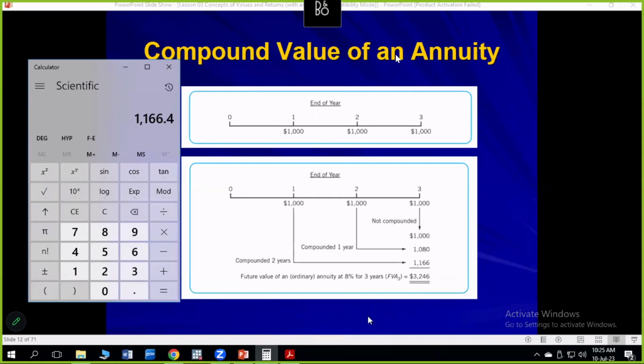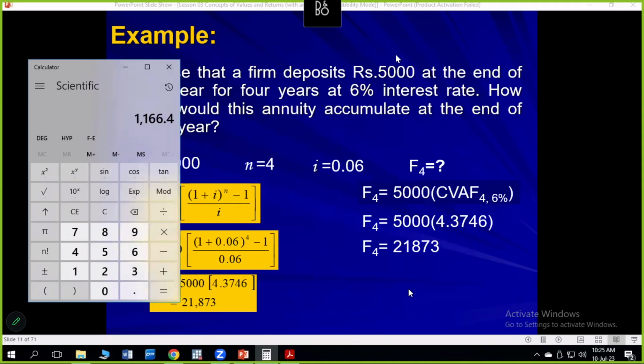So adding all these things gives you the total value of an annuity of thousands deposited at 8% at the end of the year. This is coming. So if you forget the formula, suppose that you are not able to calculate these things, what can you do? Now, for example, the 5,000 is there. You want to get this 21,881 for 4 years. So what you can do is,